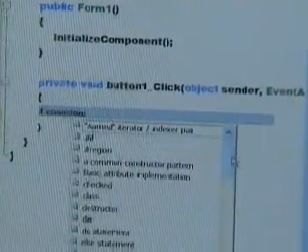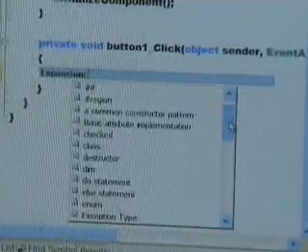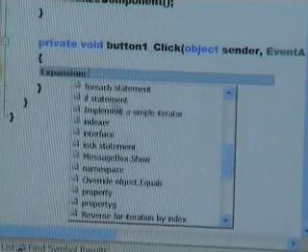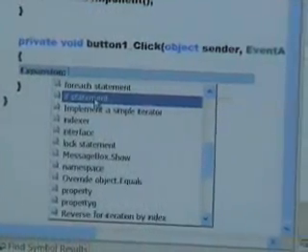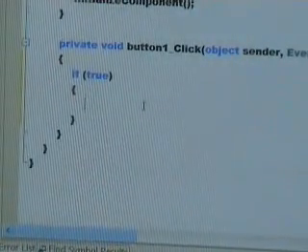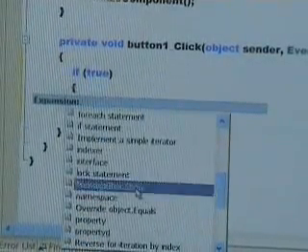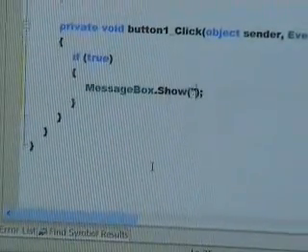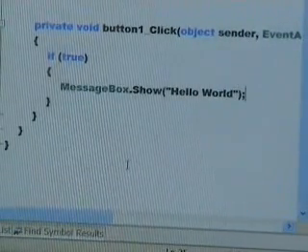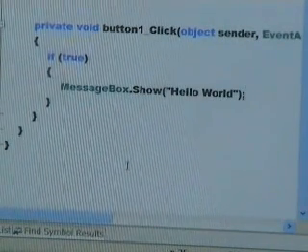These are really great for either experienced programmers that are sick of having to get the language constructs or syntax right, or beginning programmers. Here we see a whole list. If you needed to add an if statement, you can just double click and say if, and we'll default to true. Let's add another expansion. This time we see there's this thing called messagebox.show, and we'll just type hello world. So I see the expansions as a great way for beginning programmers to learn what the specific syntax is and what the most common